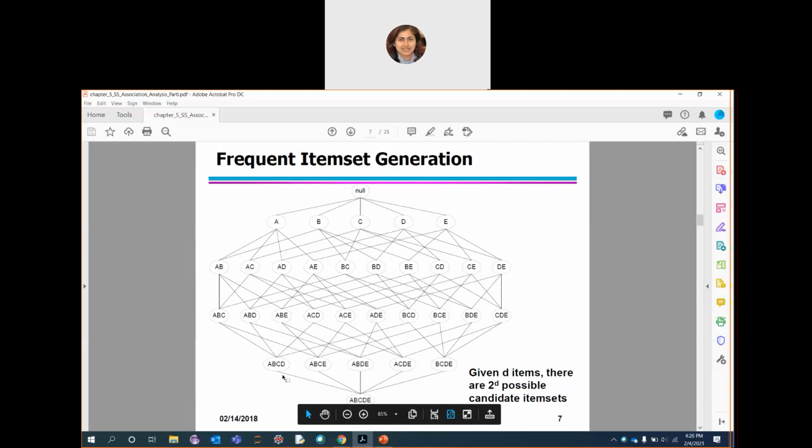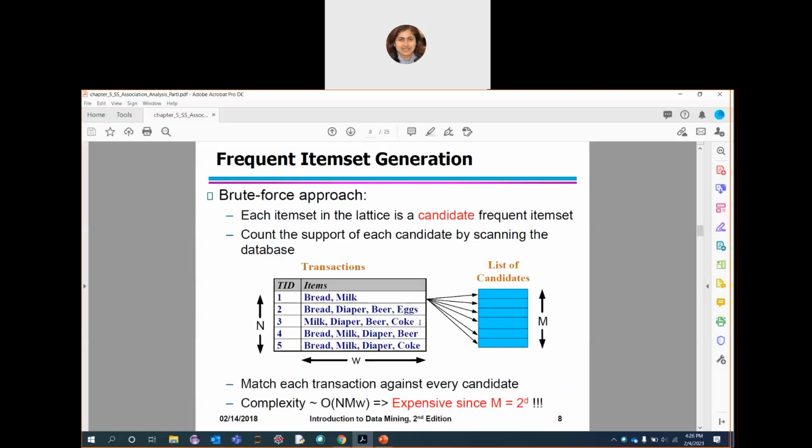So likewise, in the next step, it will generate 4 item sets. Then the 5 item set, including all the 5 items. For a given 5 set of items, if let's say D equal to 5, the total possible combinations will be 2 to the power D. So for n number of items, in that lattice structure,